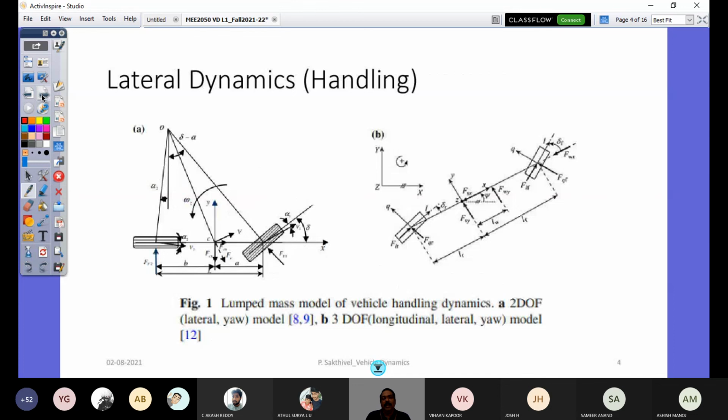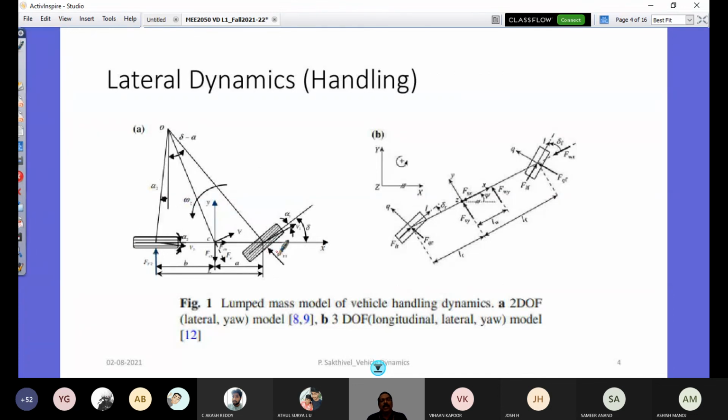And you see lateral dynamics, handling aspects. You look at your vehicle in this way. It's called the bicycle model. You have your front two wheels collapsed and made as one single wheel, and rear two wheels are collapsed and made as one single wheel, and that is connected by your frame, and that's why it's called the bicycle model. A wonderful model, so that you would completely capture handling aspects, whether it is for directional control or stability. You would be able to mathematically understand the physical phenomena. That's the wonderful part of our course called lateral dynamics.